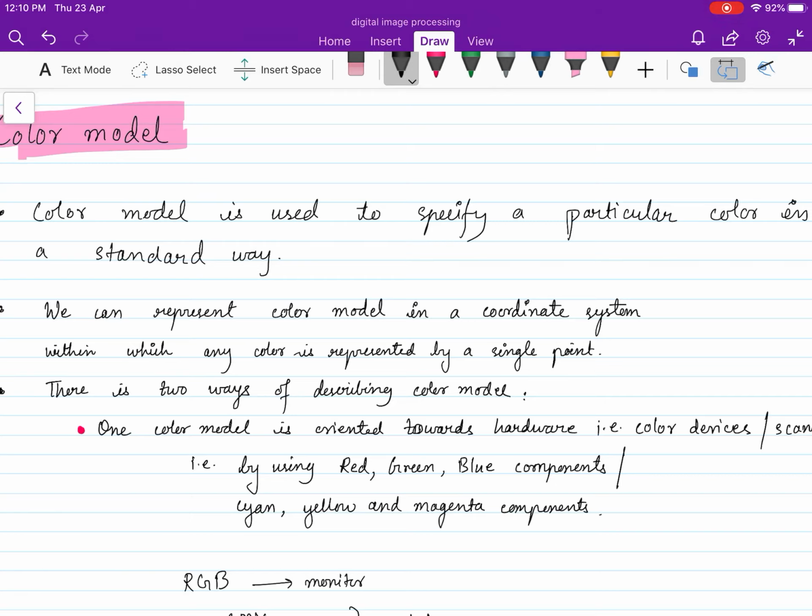There are two ways of describing a color model. One color model is oriented towards hardware, that is color devices or hardware devices like scanners or printers. The first color model, which is oriented towards hardware, is the RGB model. RGB uses red, green, blue components, or cyan, yellow and magenta components.